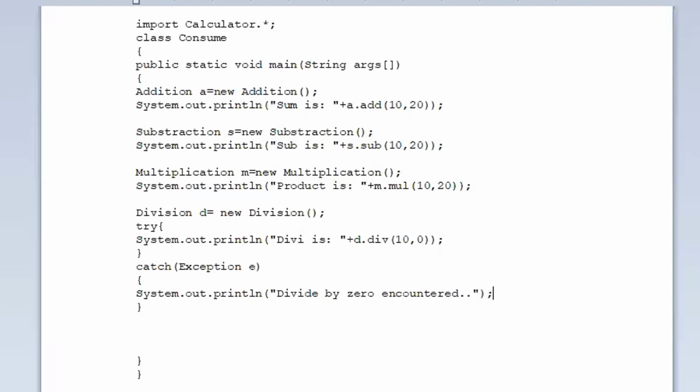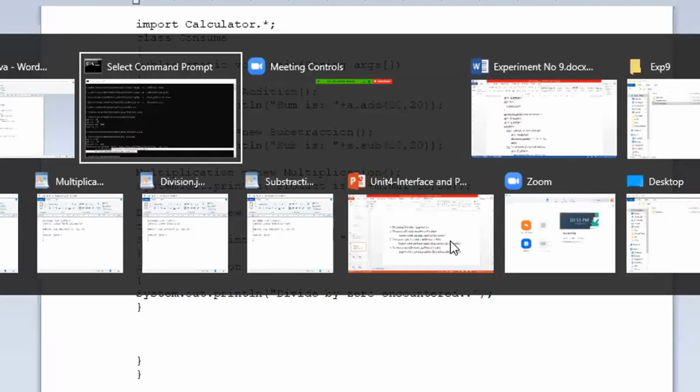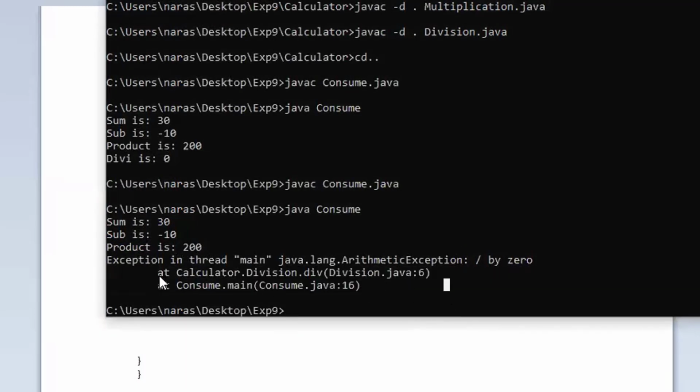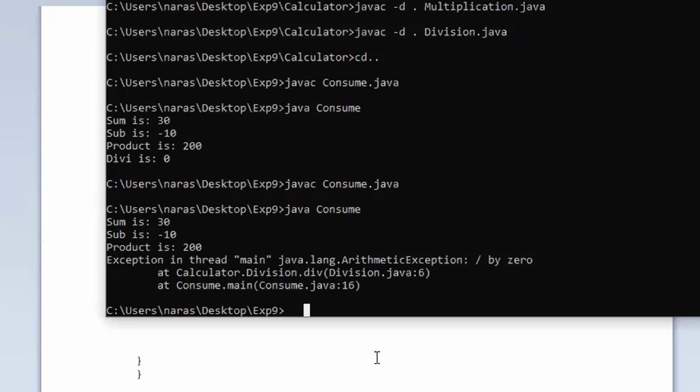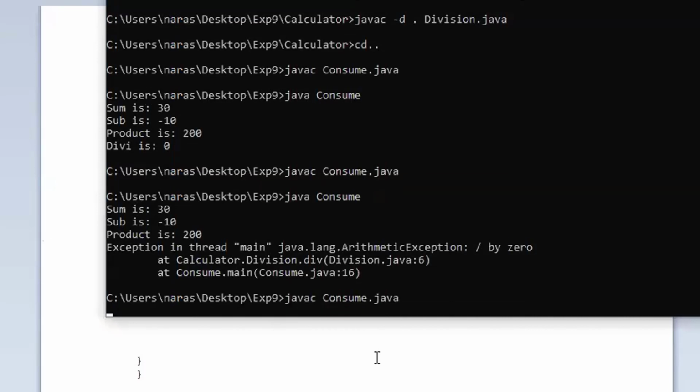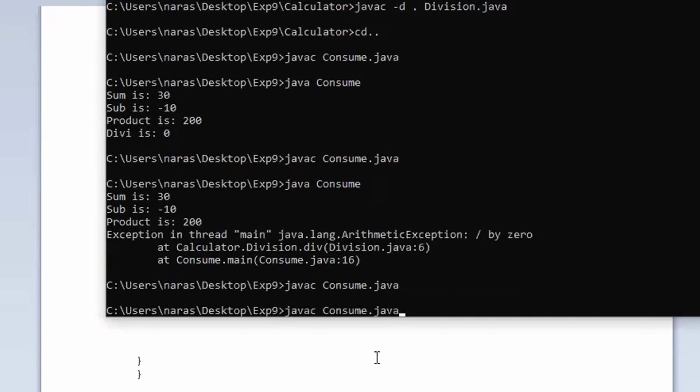Right? So now if I write try and catch blocks, see, previously it was showing exception in thread main, right? Exception in the sense that it would be an abnormal termination. Now I have written try catch blocks, compiled fine.